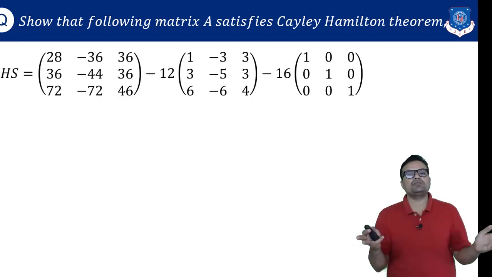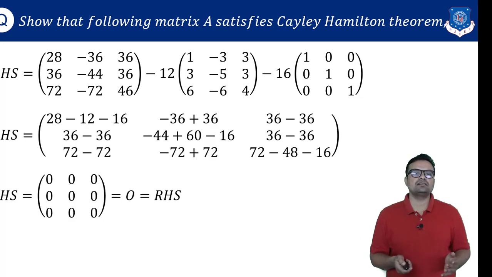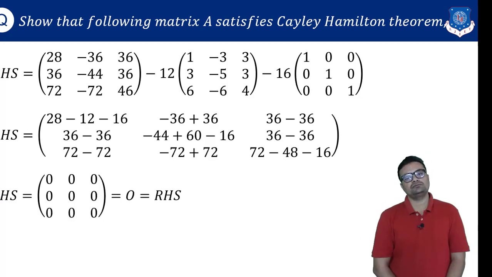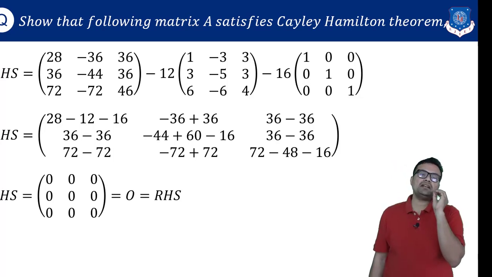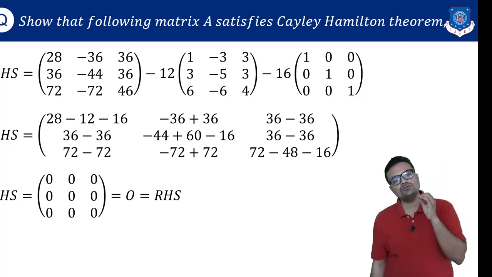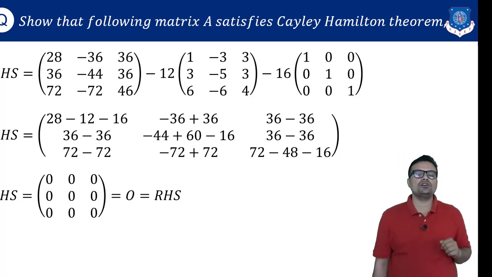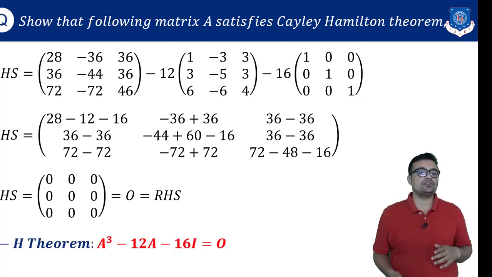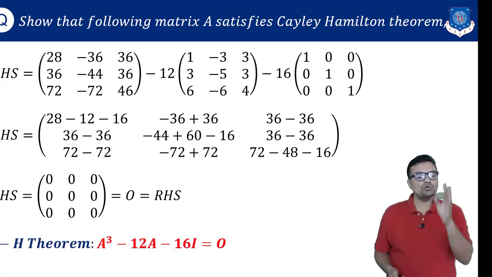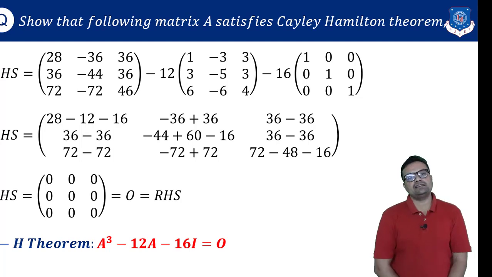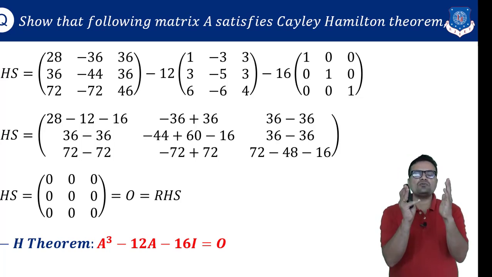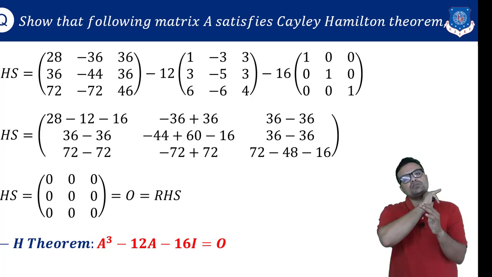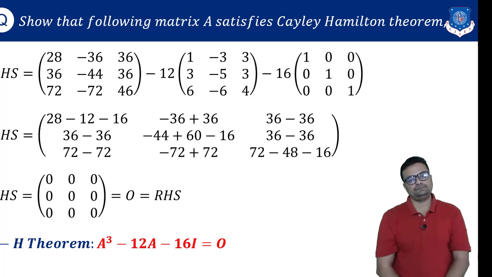Now taking subtraction of all these three matrices will result in 0. This means that it is resulting in a null matrix, which was our required thing. Our objective was to check whether they are 0 or not, and it is always 0. That means left hand side is equal to right hand side. So Cayley-Hamilton theorem is proved for this matrix A. For any square matrix A, Cayley-Hamilton theorem is always satisfied.